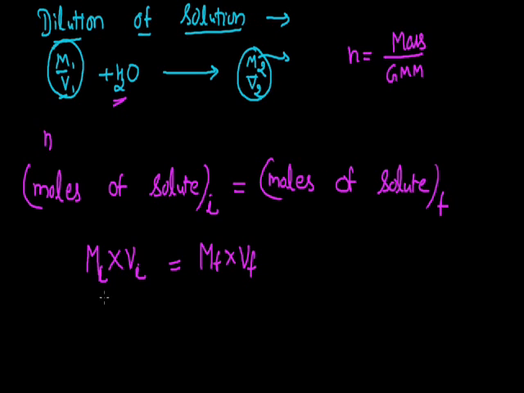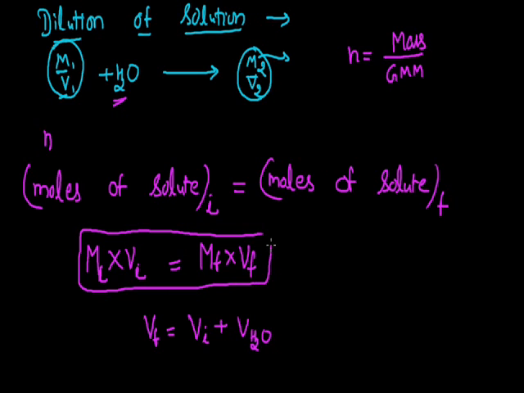So finally we get the equation: initial molarity into initial volume equals final molarity multiplied with final volume, where the final volume Vf equals the initial volume plus the volume of water that we have added. This is the dilution equation, and with its help we can calculate the final molarity of the solution, or the final volume, or whatever is required. Like for practice, if I take a question here,